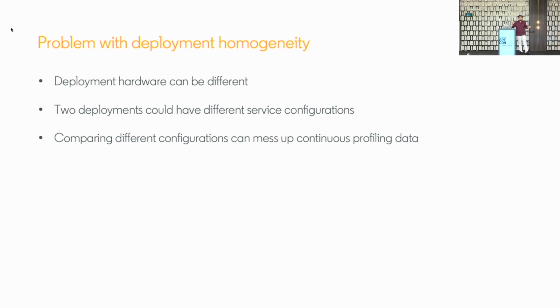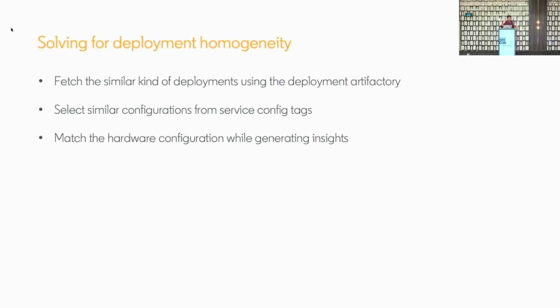And internally, we have these configuration overrides also. Like the same instance deployed on 2 different hosts can behave widely differently. They can have a totally different traffic pattern based upon how it was configured. And if we start comparing this for automated analysis, generating insights for the teams, we are giving them a very wrong set of data that they are looking at. So how do we solve for that?